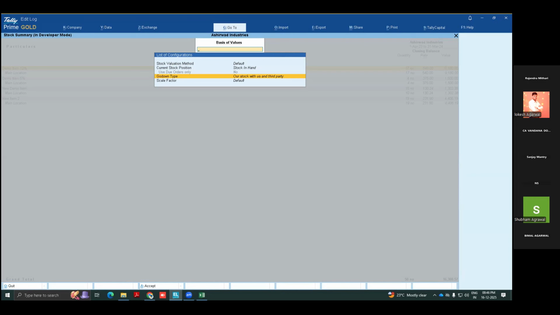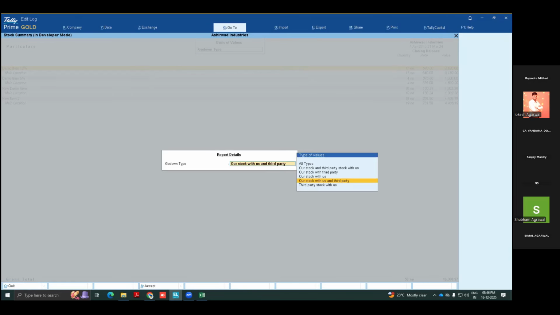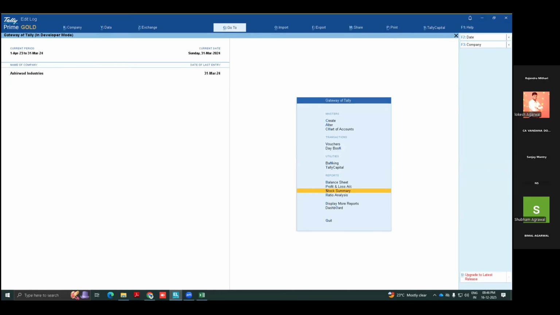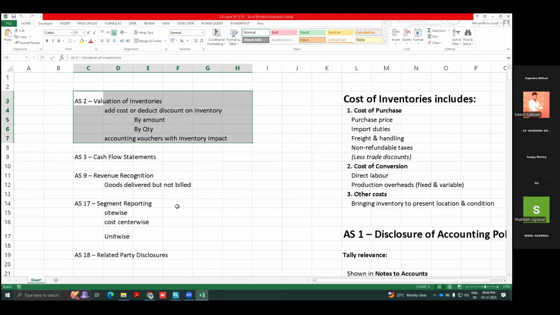मेरा मटेरियल जो मेरे पास है और मेरे बाहर के पार्टी के पास है, वो दोनों ही मेरी प्रॉपर्टी है. So default option is this. But if you want to see third party stock with me, then this option you have to select. So this is a very nice feature given by Tally when you are in manufacturing industry or multiple process industry or job or process industry. Then you have to enable this type of option.